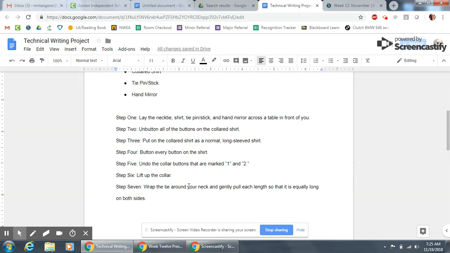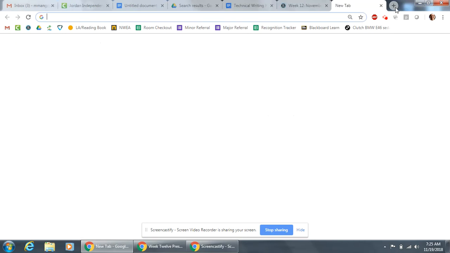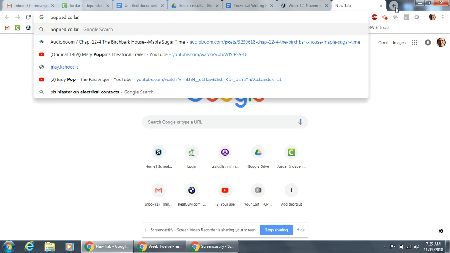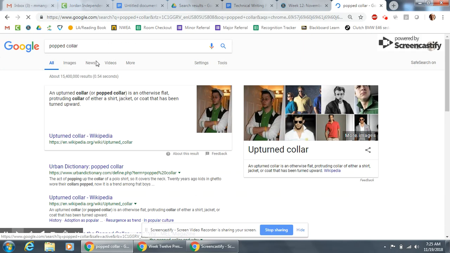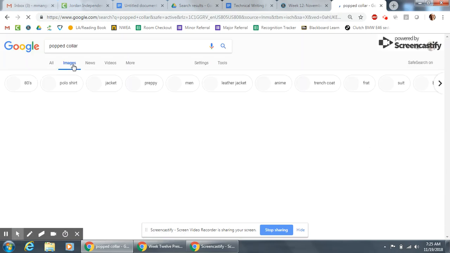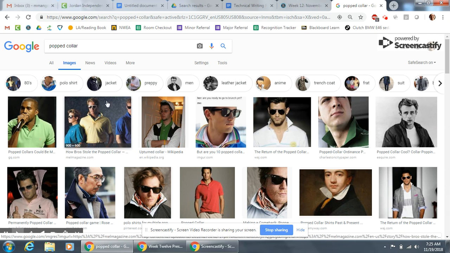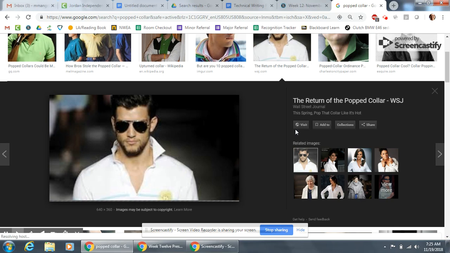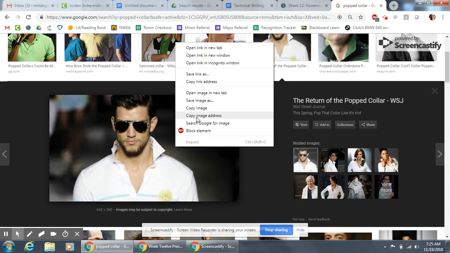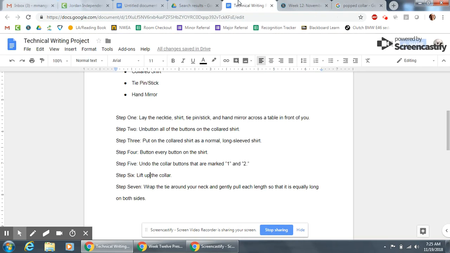Lastly, you could always insert images if things are very, very confusing. So I say lift up the collar. Well, I could just look up a popped collar, and I can probably get an example of a lifted up collar, and I can 2-finger click and copy the image, go over here,